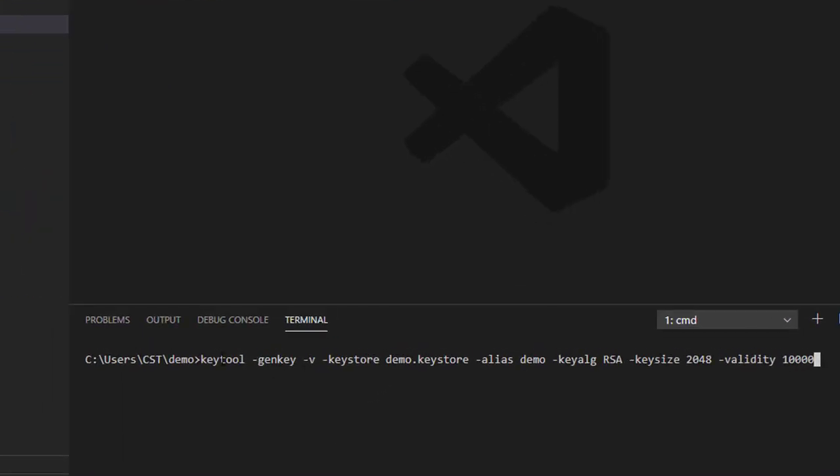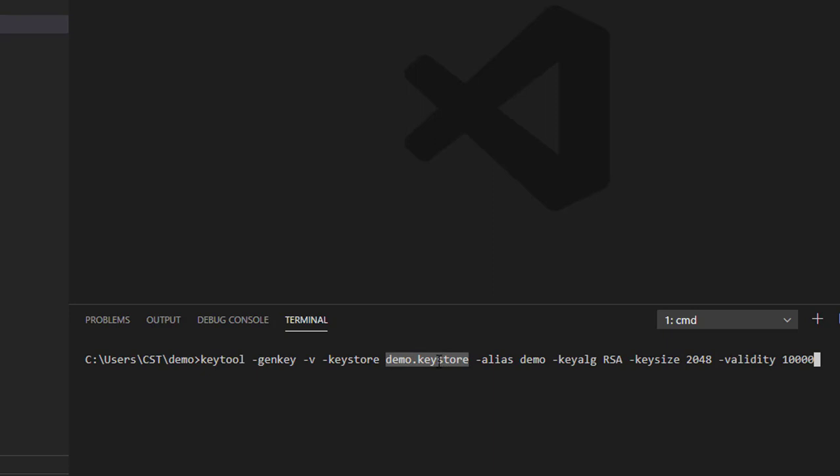You can copy this command from the video description section. After this, we type the genkey attribute. After this, we set the keystore attribute, and after the keystore attribute, we specify our file name. When this command runs successfully, it will generate a demo.keystore file in our project.